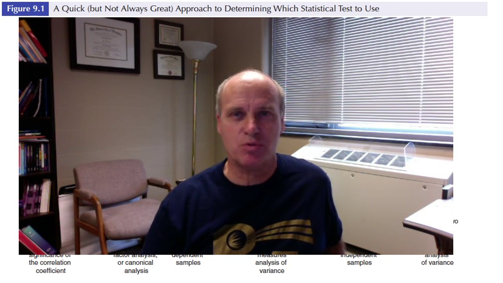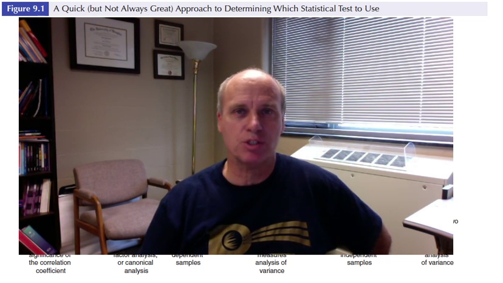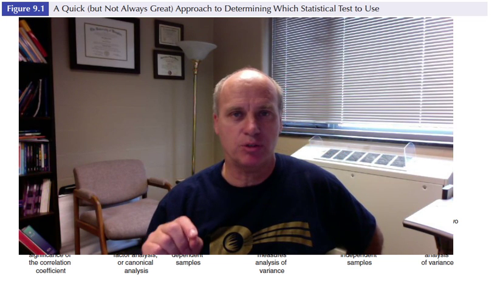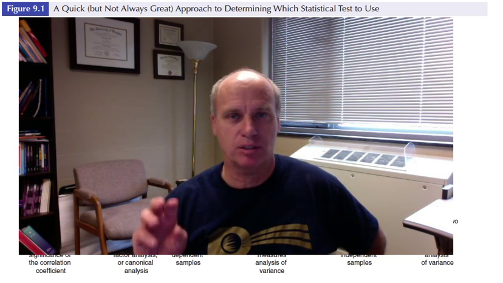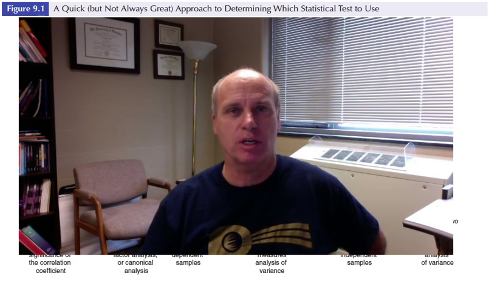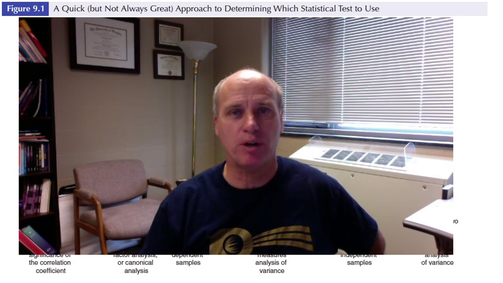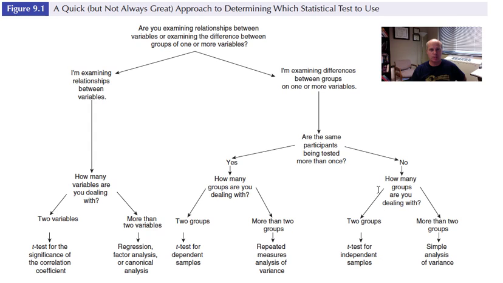Hello everybody. This video is meant to try to make a relationship between the Drayon TPACK data set we've been using and figure 9.1 from Salkind. One of the nice things about the Drayon data set is that it can be used for many of the different branches and different kinds of statistical tests that are represented in figure 9.1. So I'm going to try to show different kinds of tests that you could use and how they relate to